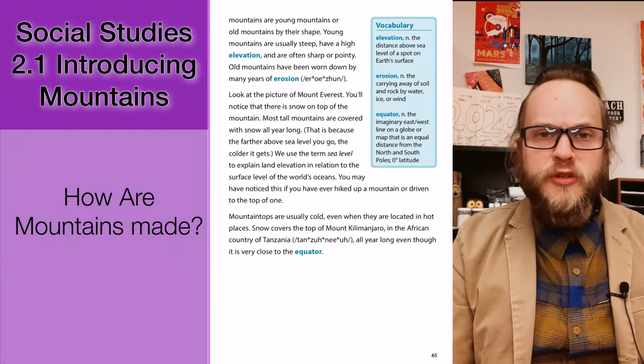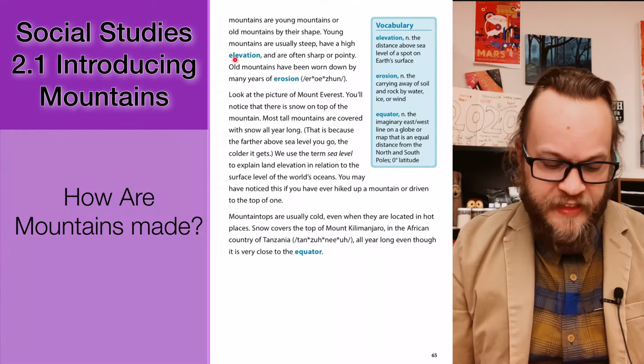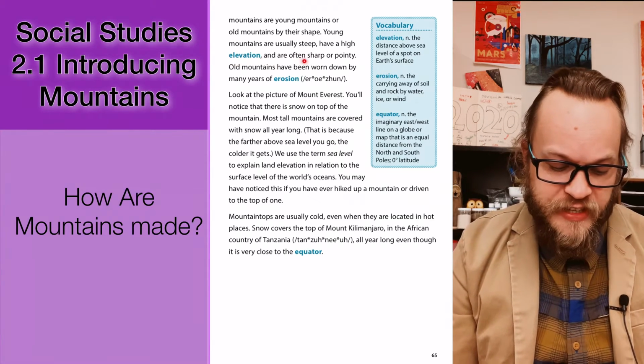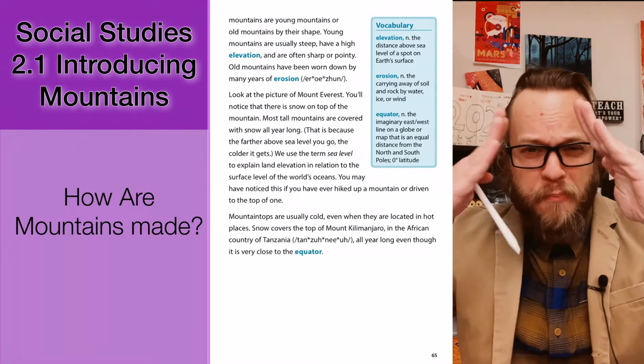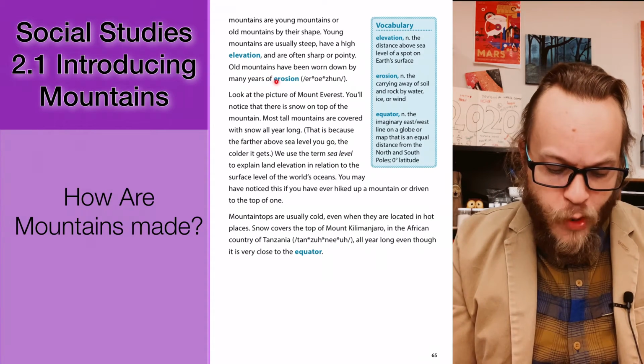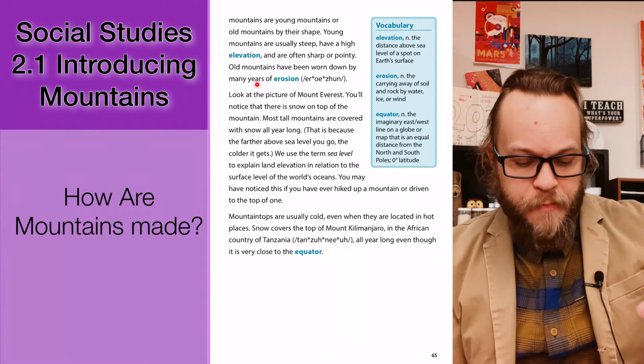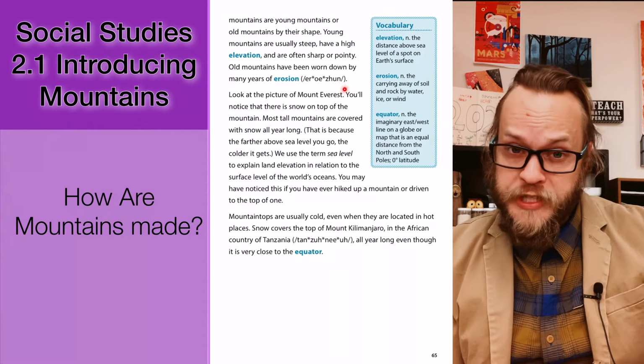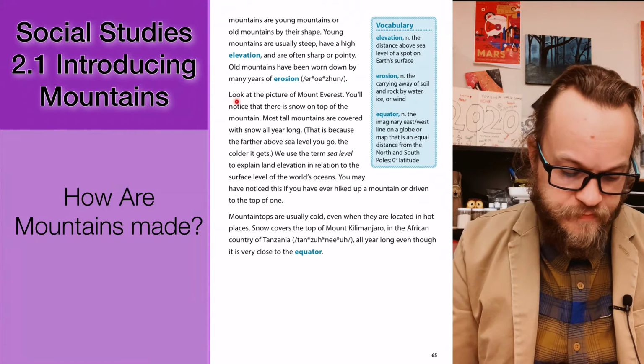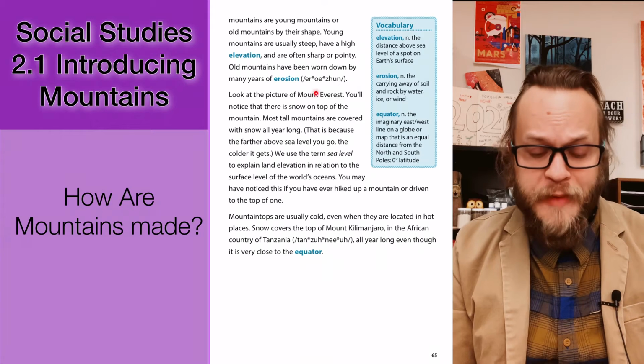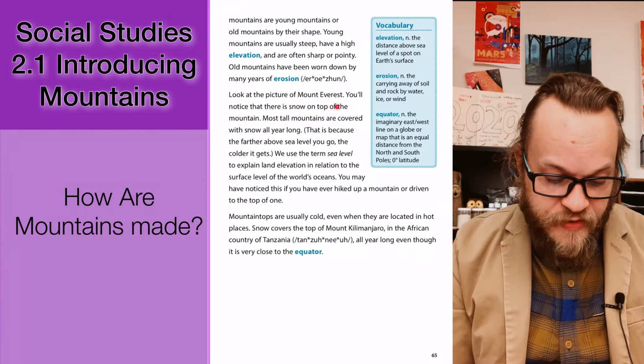Young mountains are usually steep. They have very high elevation and are often sharp and pointy. Old mountains have been worn down by many years of erosion. Okay? So if you look at a picture of Mount Everest, you'll notice that there is snow on top of